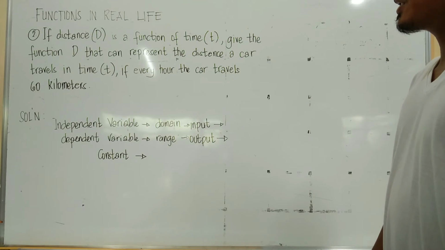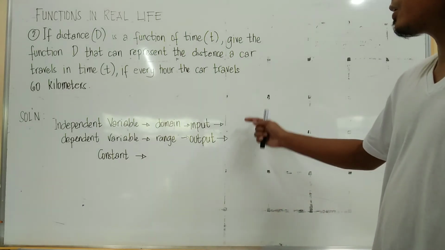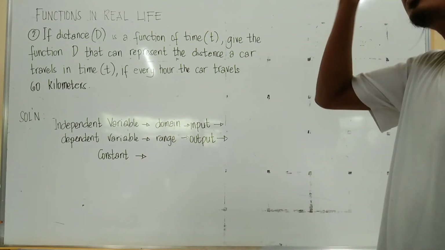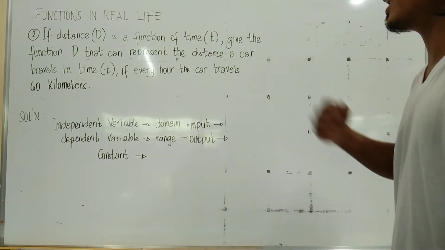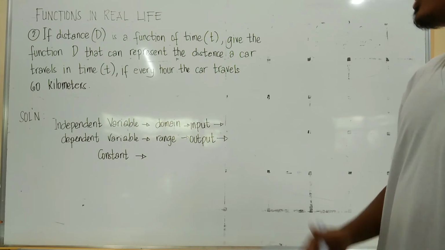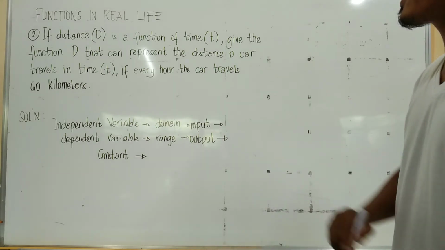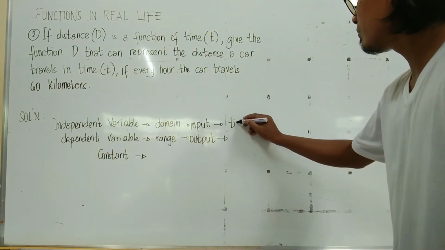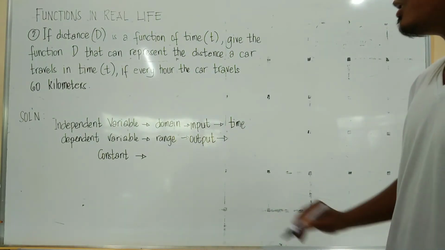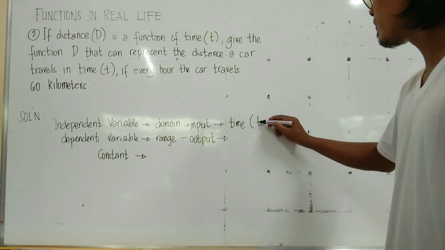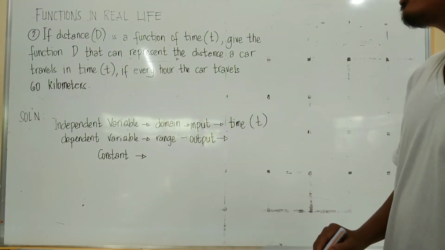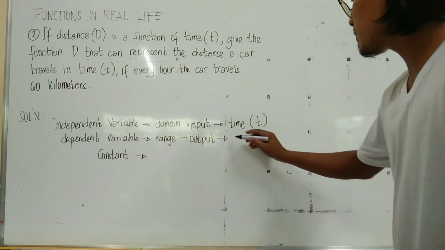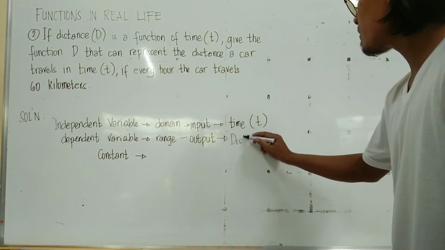So first let us identify again your independent variable, or your domain, or our input, as well as our dependent variable, or our range, or our output. The independent variable here is time, which is denoted by t. And our dependent variable, or range, or our output is the distance,